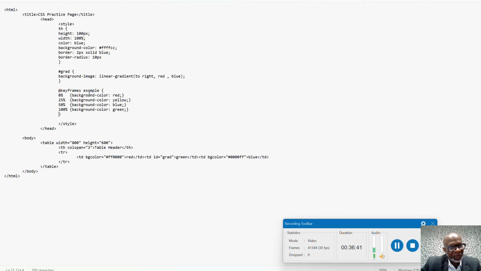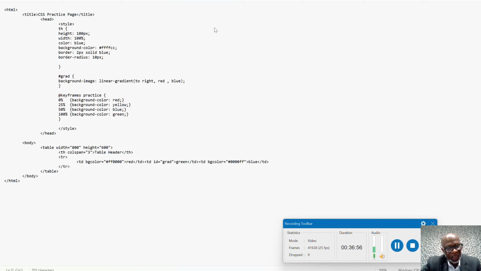So the animation name in this case is practice, which is keyframe practice. And then here in TH, like we mentioned just now, we add a colon here to enter an instruction. And then animation hyphen name is practice,